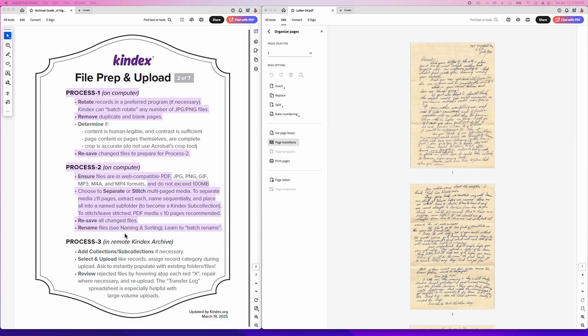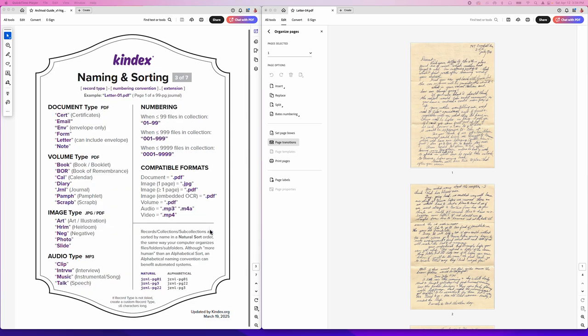So you'll notice that the very last step of process 2, we have this rename files, see naming and sorting, and learn to batch rename. We're going to talk a little bit about how to name files so that we have a standardized naming convention in Kindex. Again, you can create your own conventions in your own archives, but this is how we do things internally at Kindex. When you name a file, you start out with the type of document that it is,